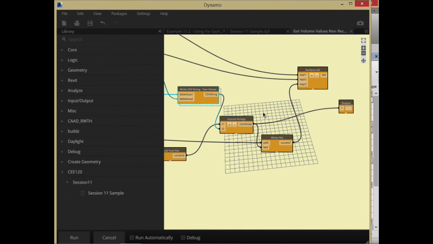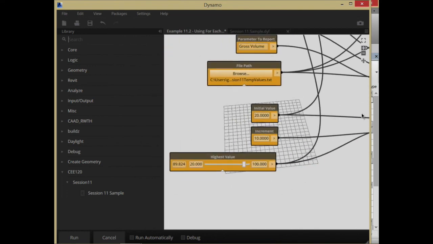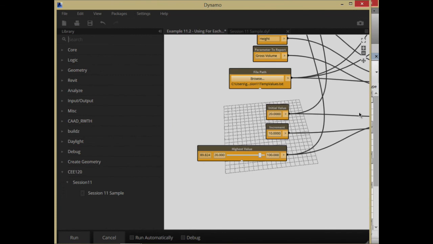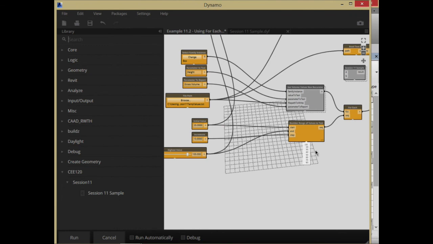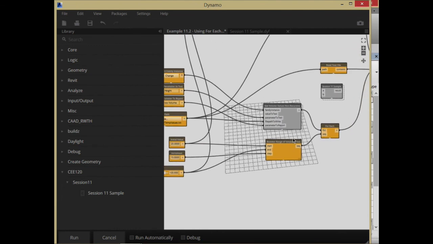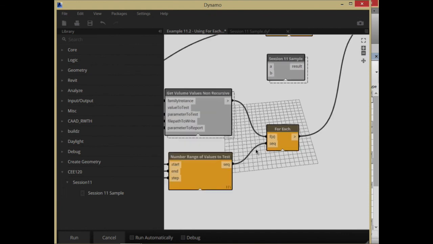Okay, so with all that explained, let's see how it operates and see what's going to happen. So again, what this is going to do is, we're going from 20 to 80, a series of values, 20 through 80. We'll go through and evaluate that with the value to test being 20, 30, 40, all the way up to 80. So it's going to do it 7 times. Okay, so when we go through and run that,